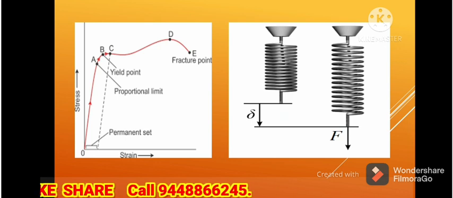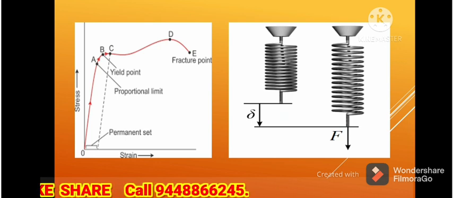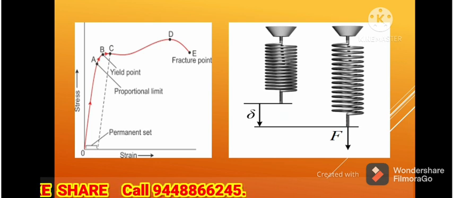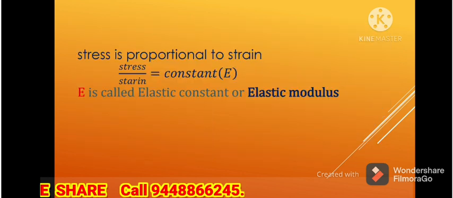Again I have shown the simple graph, the same simple figure. Just to take a view on this one now, the yield point is there, the fracture point is there. We have taken the delta here, a small displacement to the spring, applying a single force. This is just to make you a simple figure. Now take a look over this figure and confirm how the variation takes place.